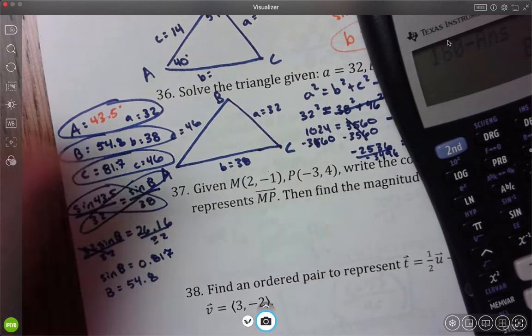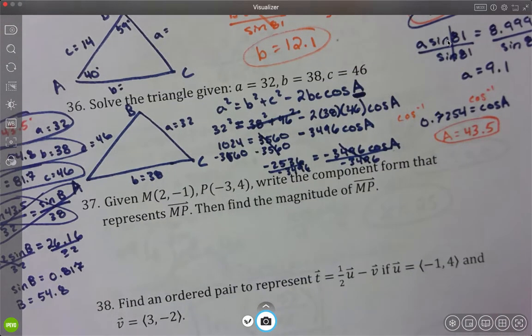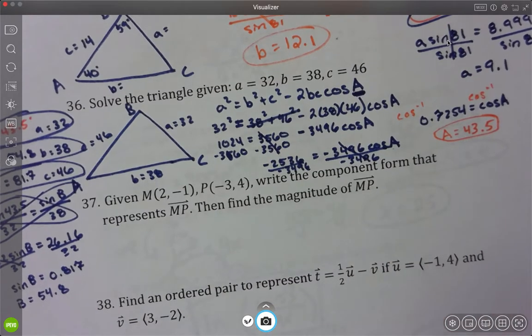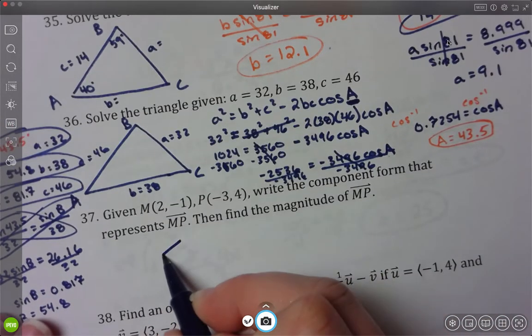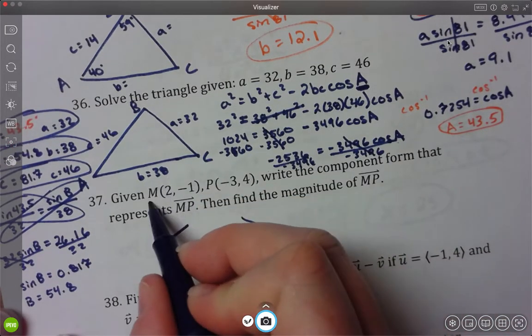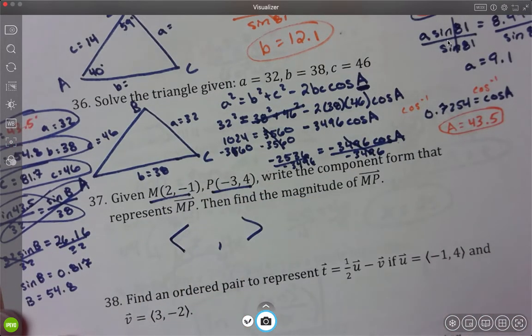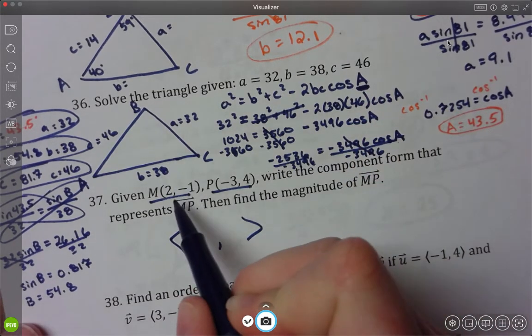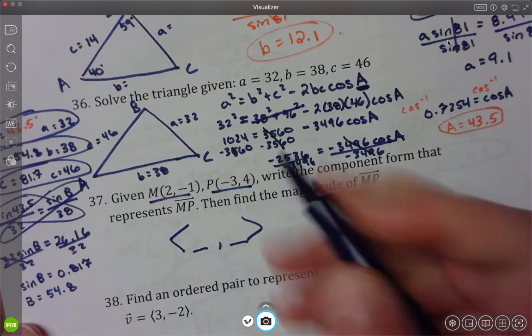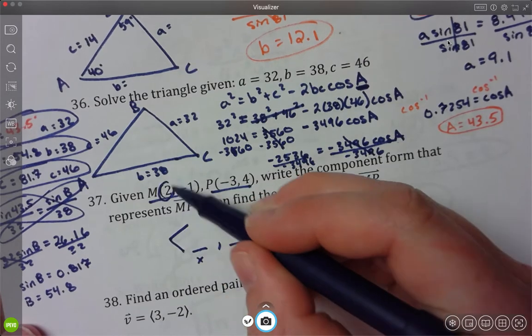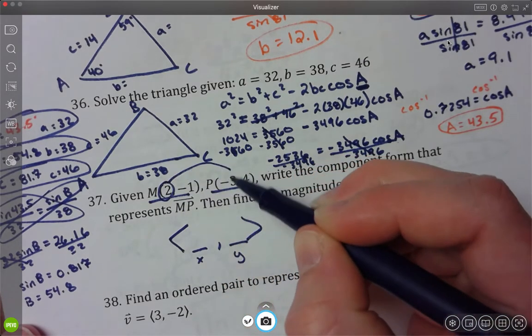Okay, just a couple left here. Now we're getting down into the vector stuff that we've done before. Given this vector, they want us to write the component form. Component form was this, with the triangular brackets, and it basically takes both of these points and gives one coordinate for those points. So this x and this y basically say: if I start at 2 and I go to negative 3,